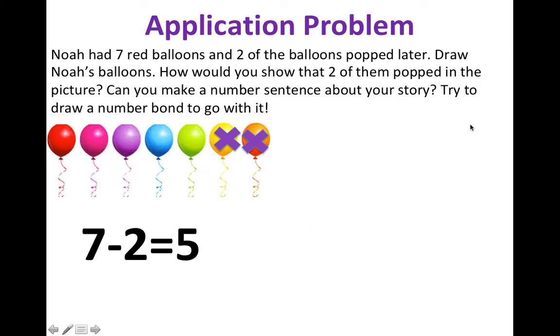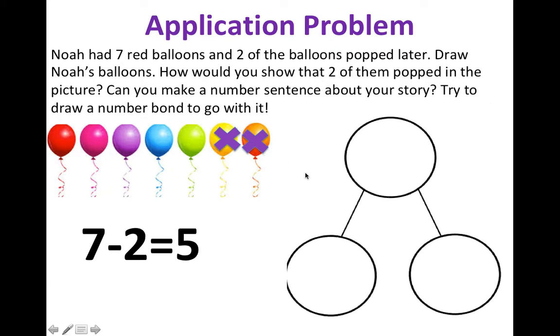So now the last part of the application problem is try to draw a number bond to go along with it. So I'm going to draw a number bond, and remember, I started off with 7, right? So I'm going to make sure I have 7 at the top, and then 2 of them got canceled, or 2 of them popped. So I'm going to cross 2 off to show that 2 popped, which means 7 and 2. The answer is 5, right? So I have to make sure 5